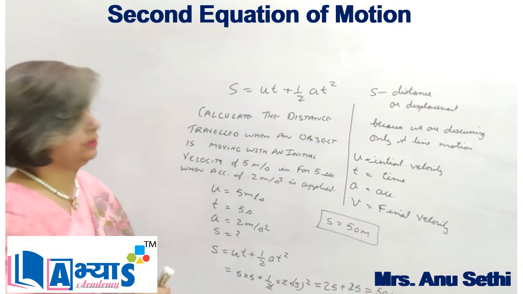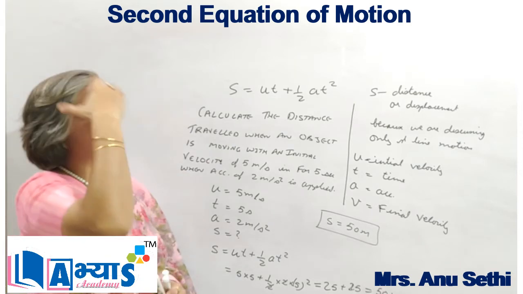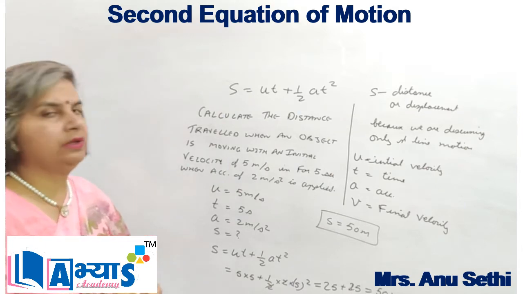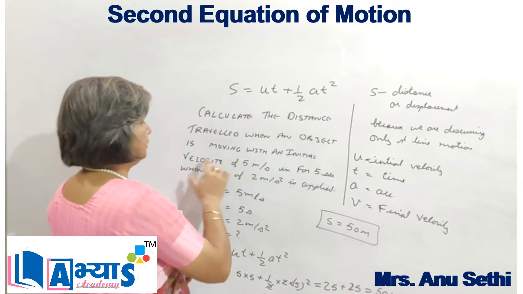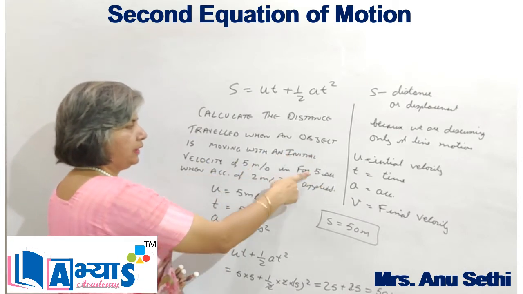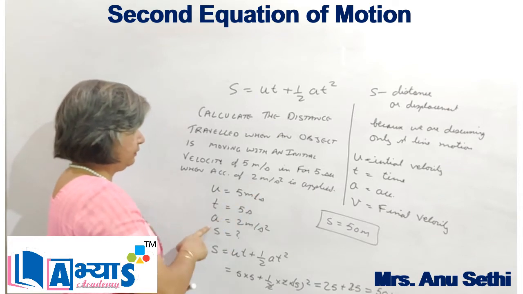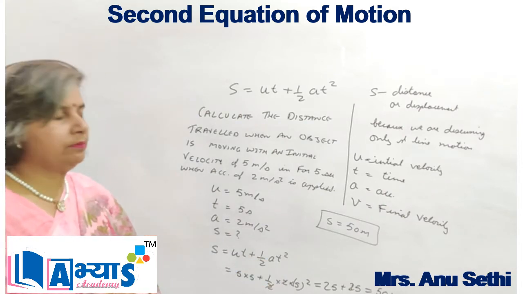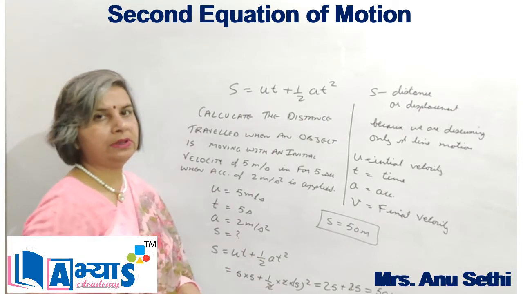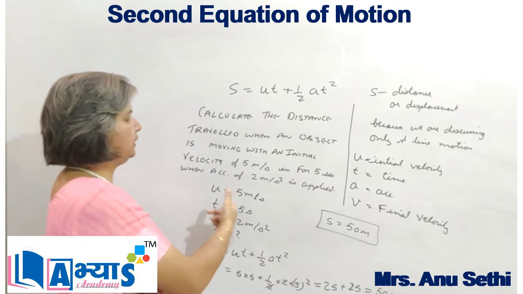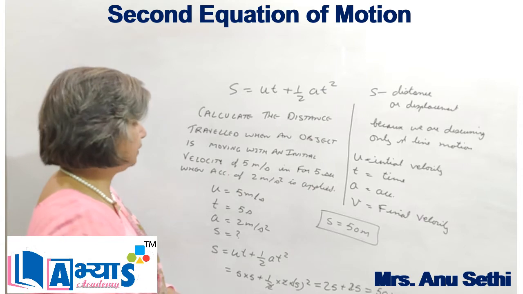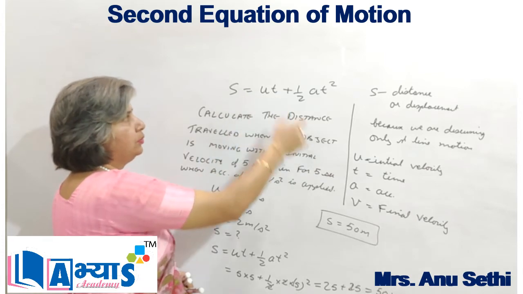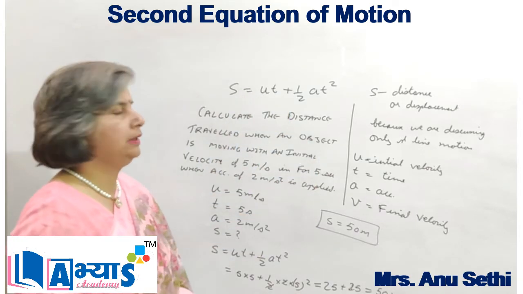So whenever we are given a numerical to solve, the basic method is to read the statement carefully and then identify whatever has been given. I was given the initial velocity, so I wrote u. Then I was given time, so I wrote t. Then acceleration was given, so I wrote a. And as I was supposed to calculate distance, s was written with a question mark showing that it is to be calculated. Now I have seen that u, t and a are given and s is to be calculated. So I use the second equation of motion, because in the second equation of motion s is equal to ut plus half at square, u, t and a are required.